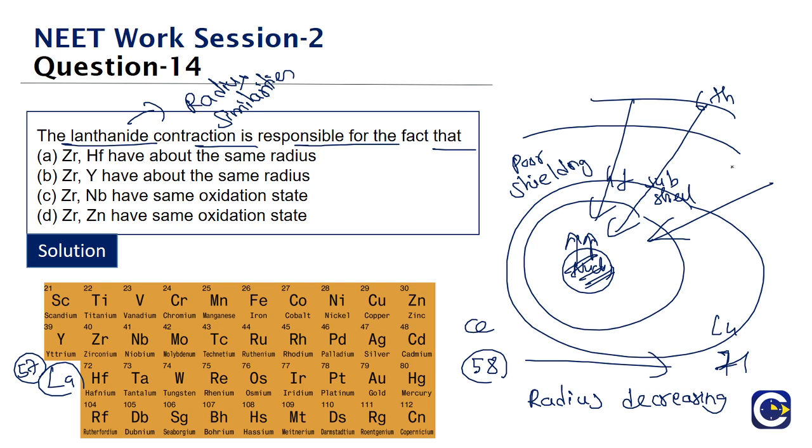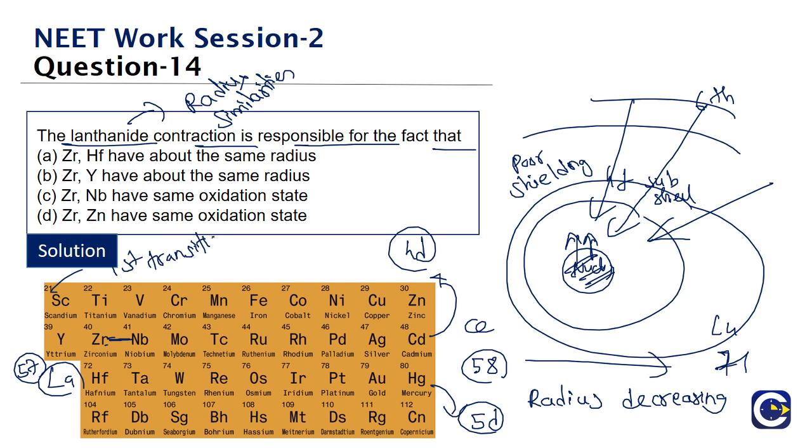So as a result, the outermost electrons will come under more influence of the nucleus, so the size will shrink so much that when we compare zirconium to cadmium, this is the 4d series, and hafnium to mercury, this is the 5d series. So we'll also call them the second transition and third transition, because scandium to zinc is the first transition.